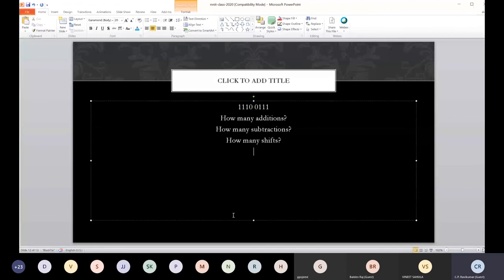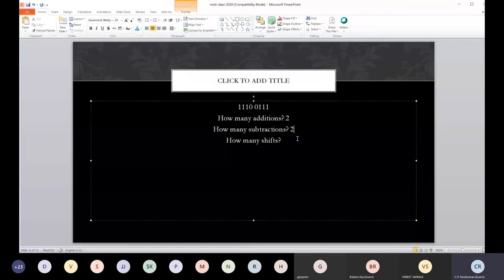How many additions? There will be one here because I see a 1-0 pattern, and there will be one at the end. Am I right? So I believe the answer is 2. How many subtractions? There will be one here, and there will be one here. So there will be 2 subtractions.